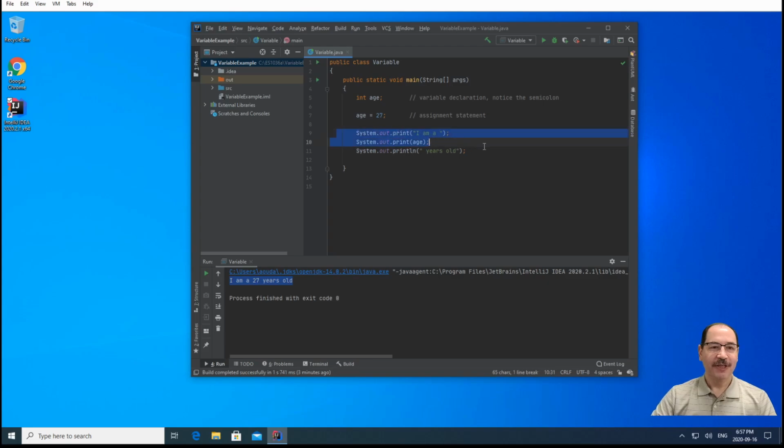Let us look at these three lines again. Although we can produce the same output in one statement, I have it here in three statements in order to show the difference between the methods print and println. In the first statement, we send the string "I am a" to the method print. The method print will display this string on the screen,